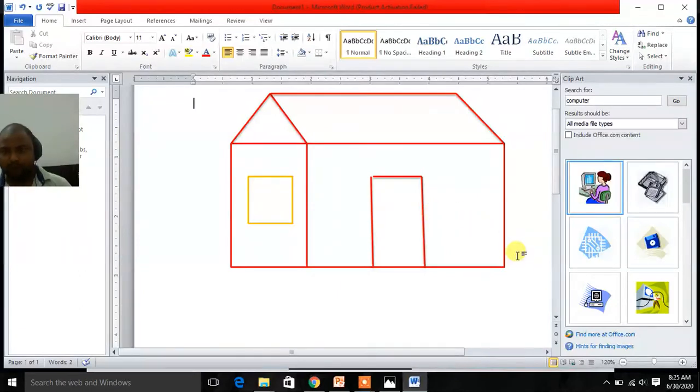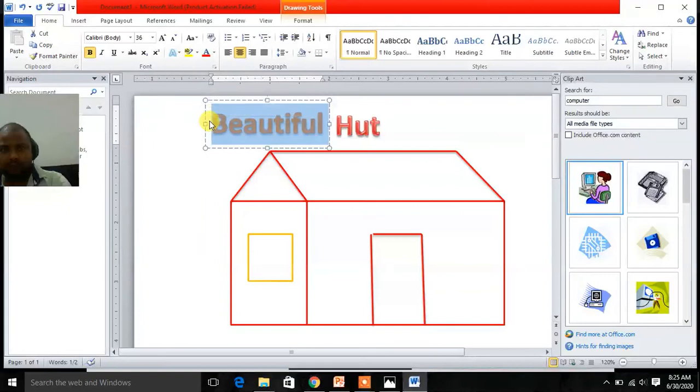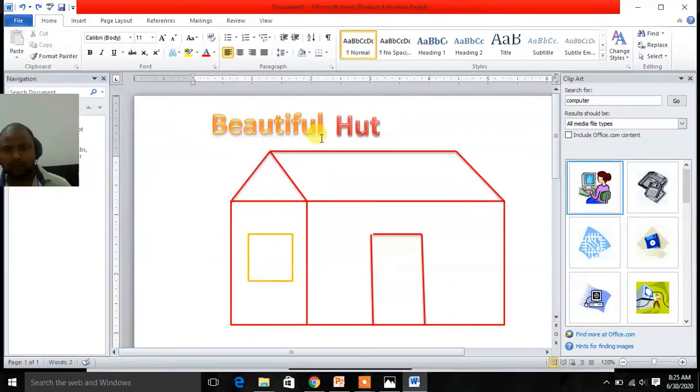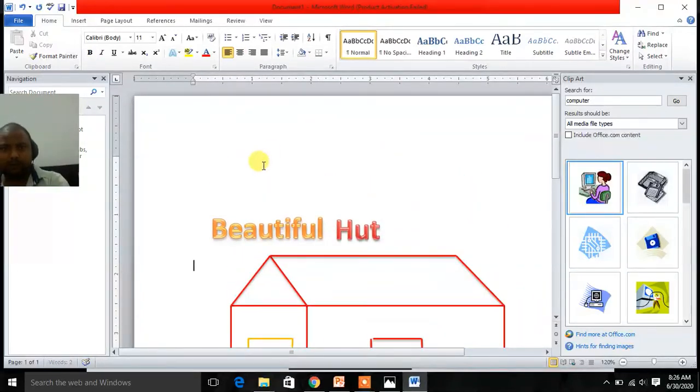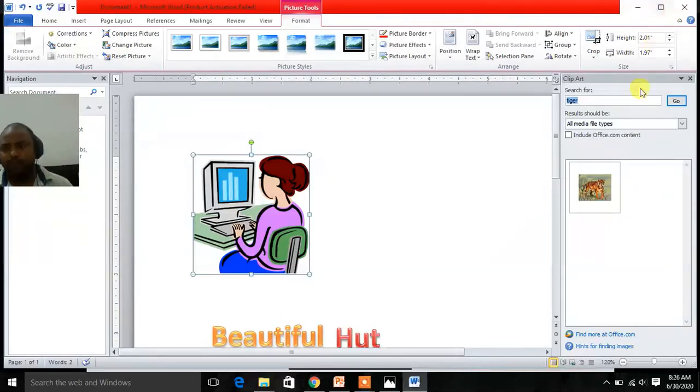Suppose you want another, here, so it is inserted. If you want a tiger, type tiger and go, and you can insert.